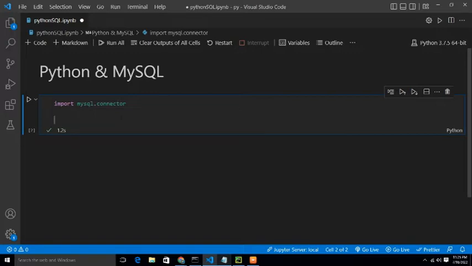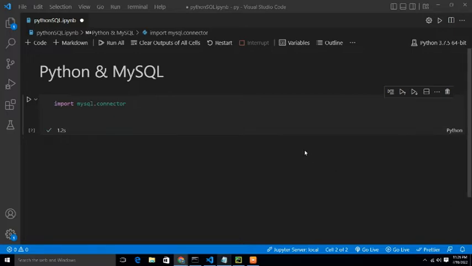Of course, you can use PyCharm, you can use any of them. You can even run this IPython notebook from your Chrome comfortably, and it will still run very well. But I prefer to use VS Code because of the added features and the plugins I'm using here to make this look good. All right, so this is the first thing we need to do, to import the MySQL connector. And then if you run this code and there was no error, then it means it's time to